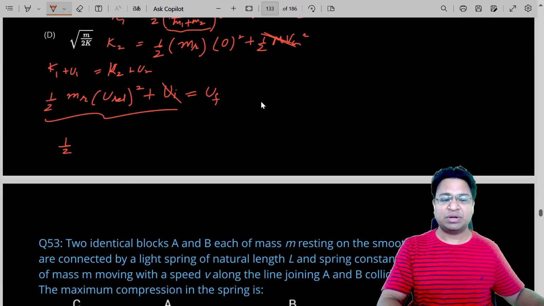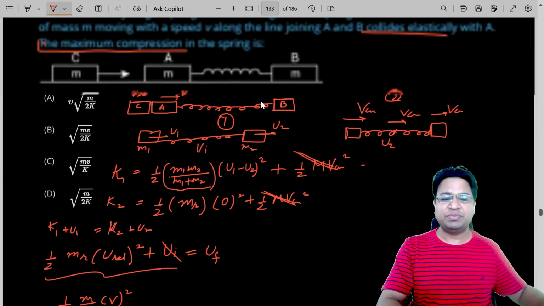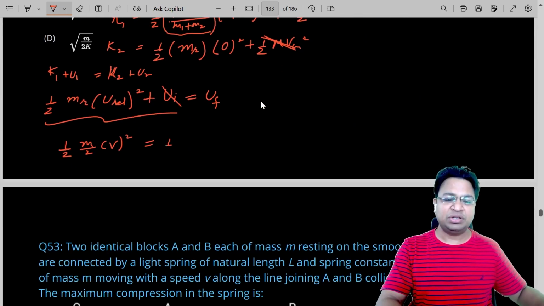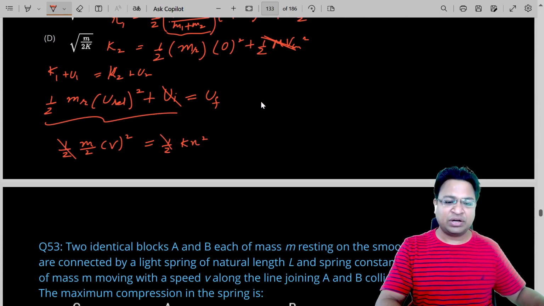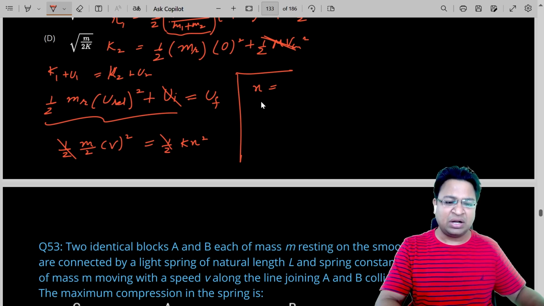Reduced mass of two equal masses is m by 2. So m by 2, u relative is v square, because B is not moving, A is moving. So u relative is v. And this should be equal to half kx square, and this will give you the value of x. So half and half get cancelled. So we are looking at the maximum compression or elongation, that would be given by